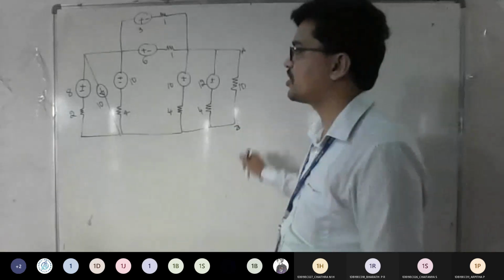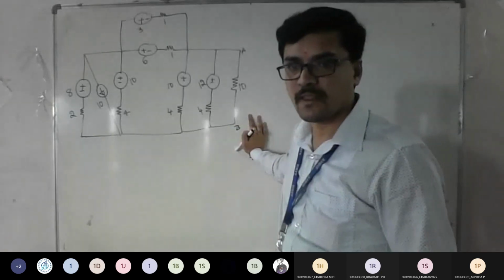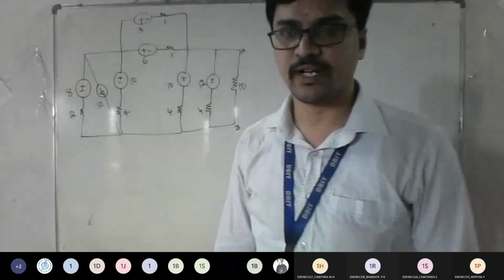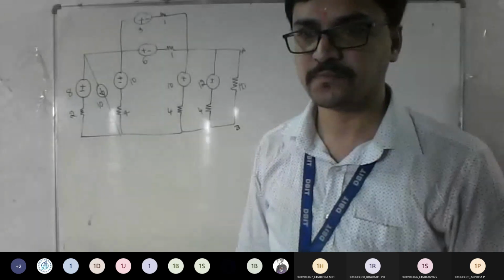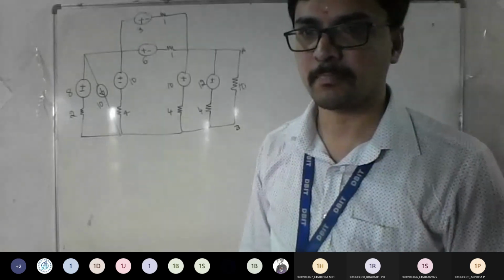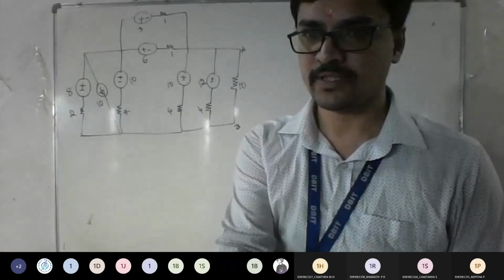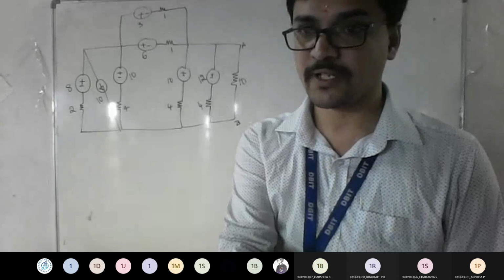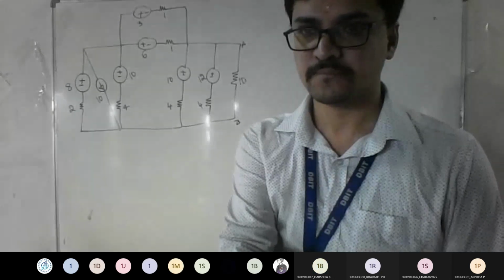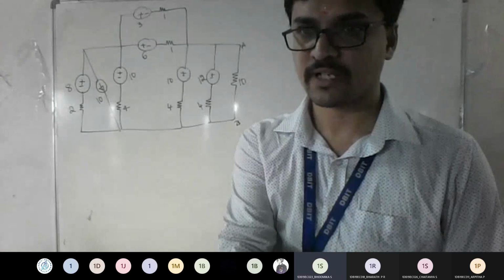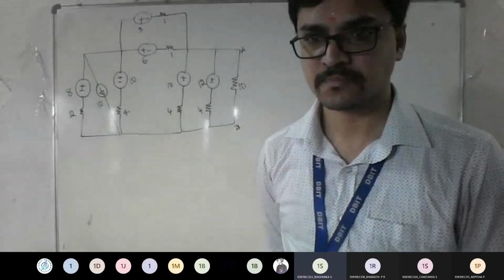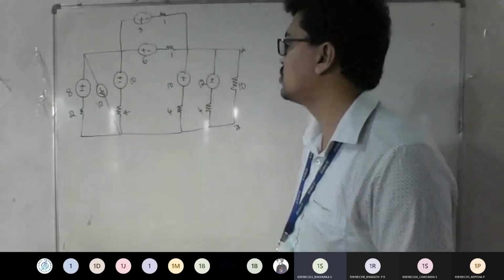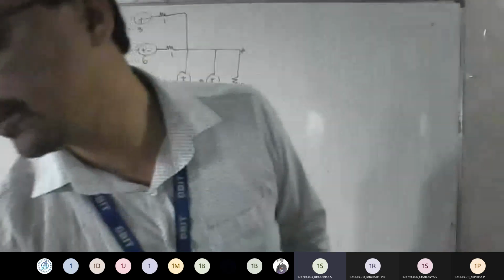Now can you tell me how to solve this problem? Yes, Tejas, what can we do to get a reduced network? Audible, Tejas? Okay, Bhumika, can you proceed here on how to solve the problem? We need to convert those voltage sources into current sources so that we can add them in parallel. Okay, we will go one by one. You keep telling from which end you want to eliminate.